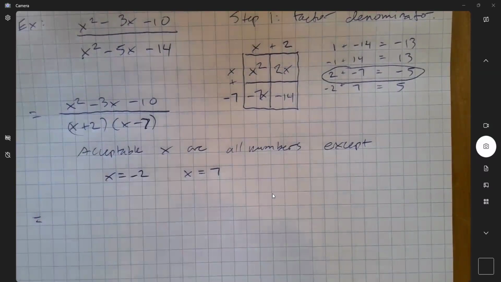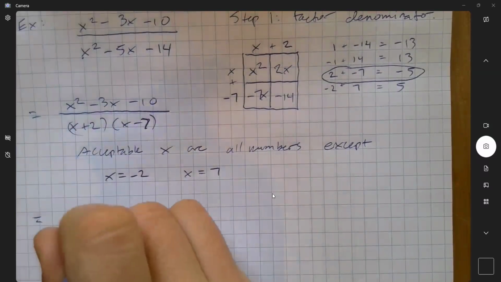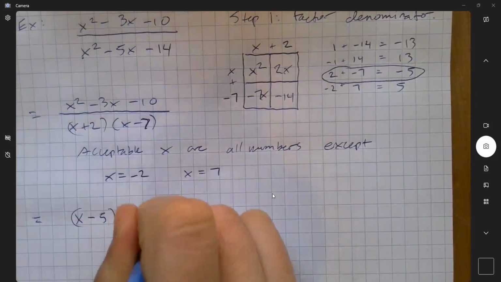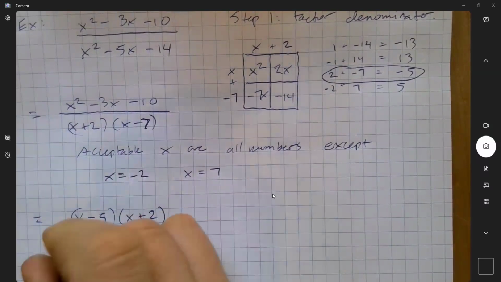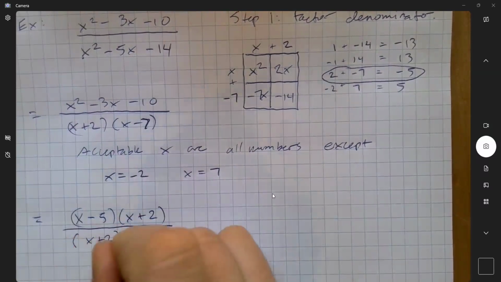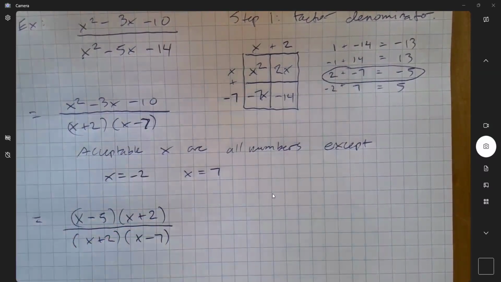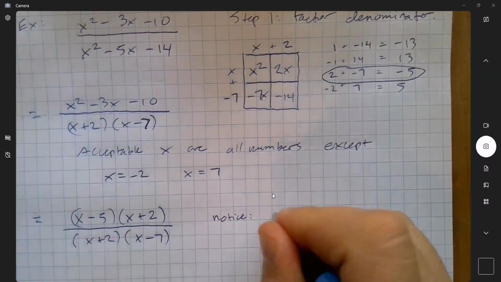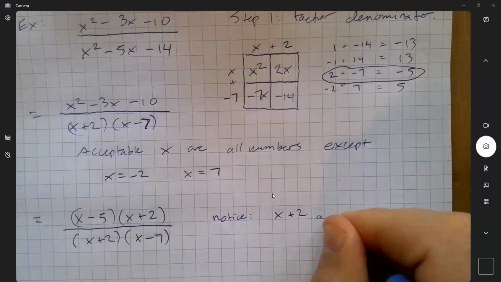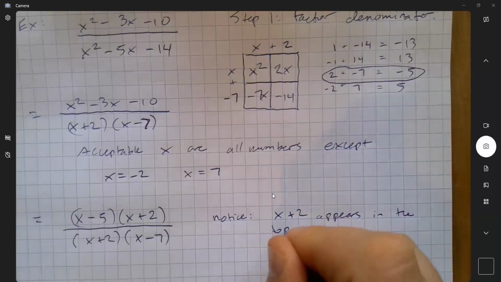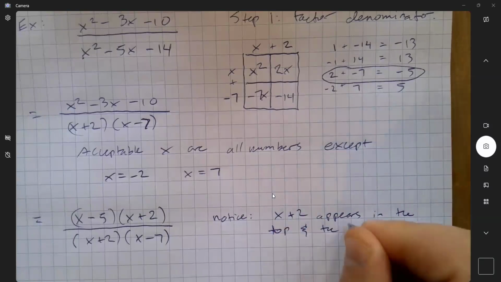If I were to use a box method on this, I would find out that it's x minus 5 times x plus 2. And the bottom is x plus 2 times x minus 7. And I want you to notice x plus 2 appears in the top and the bottom,